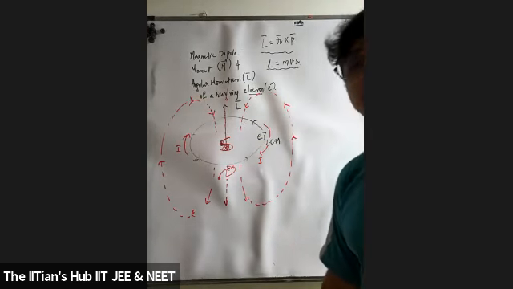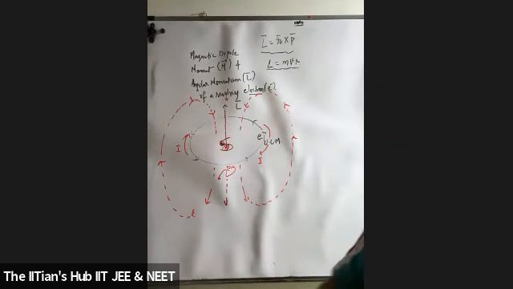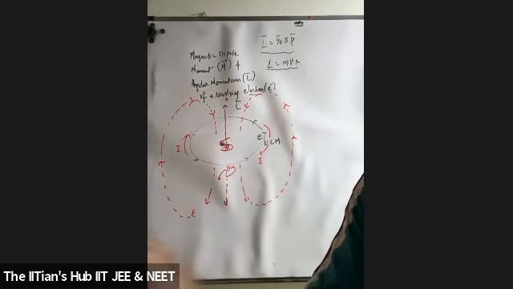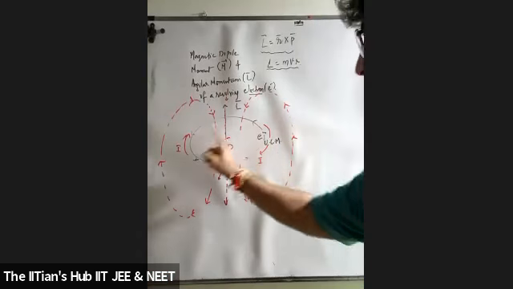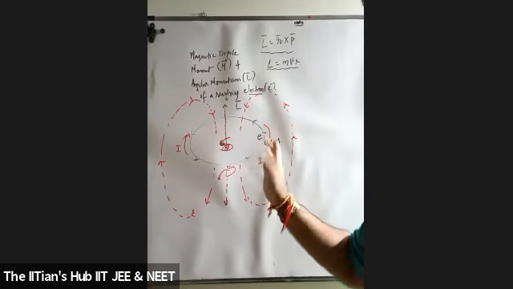Students, is this diagram clear to you? I'm repeating once again. Students, listen to the answer: the electron revolves in an anti-clockwise direction. By using your right hand screw rule,